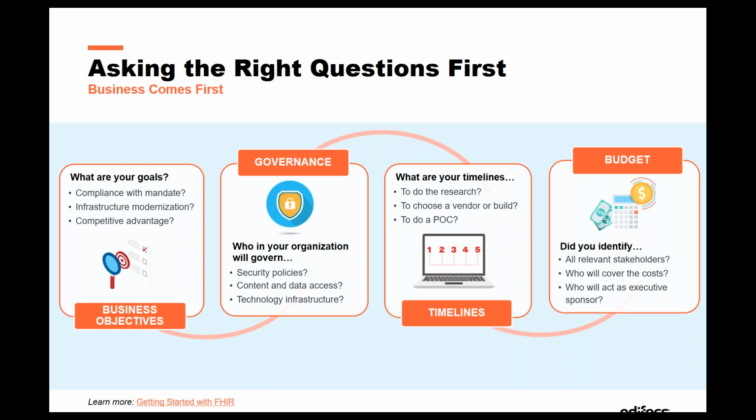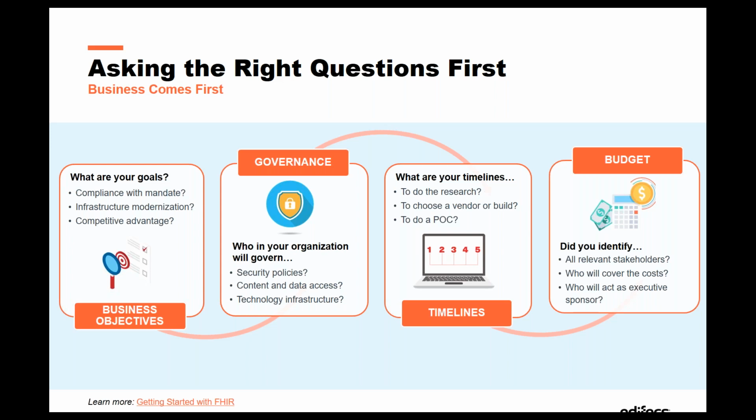Once that is done, the next topic for you to think about is the timeline. Timelines are always critical. There is a deadline for the mandate, but beyond just the deadline, internally in your company, you need to know, do you need to do research? If you need to do that, it needs to go first, so it'll take some time. So plan for that. And if you then need to do some proof of concept, or if you need to do something else like experiment with the technology, that also will take time. So all that planning will need to start now in order for you to be successful in the future.